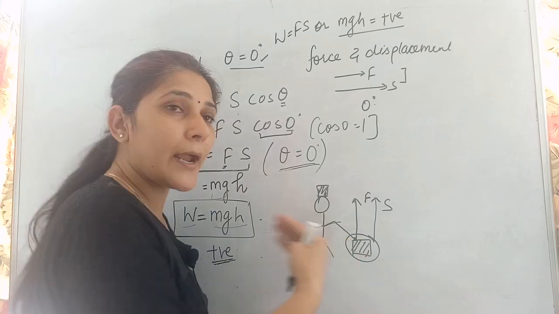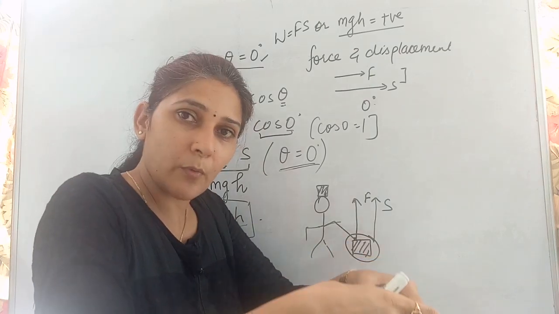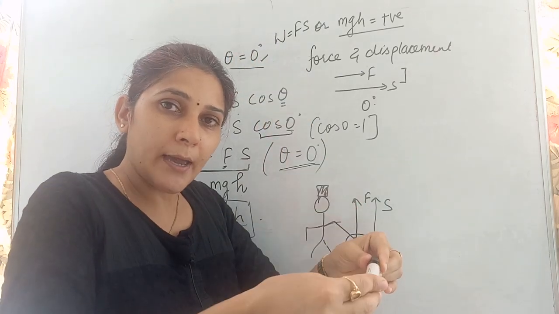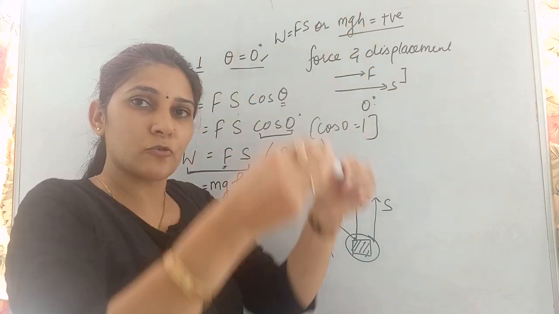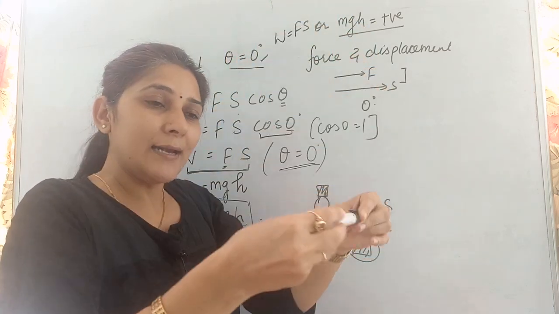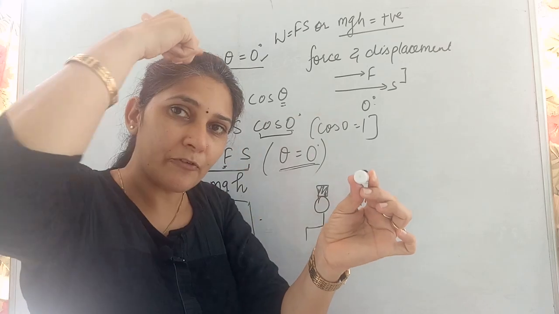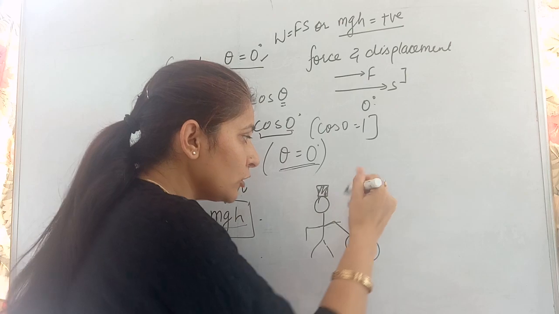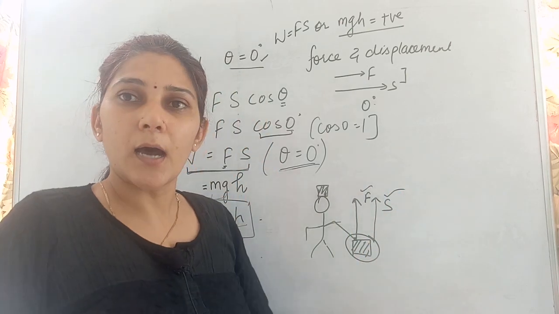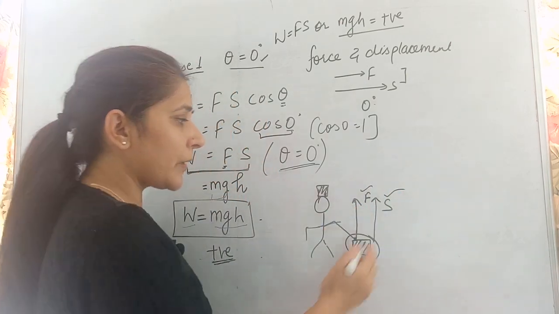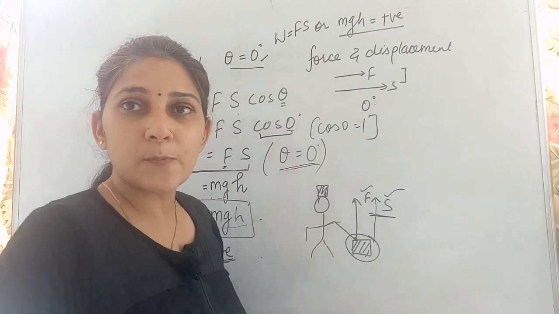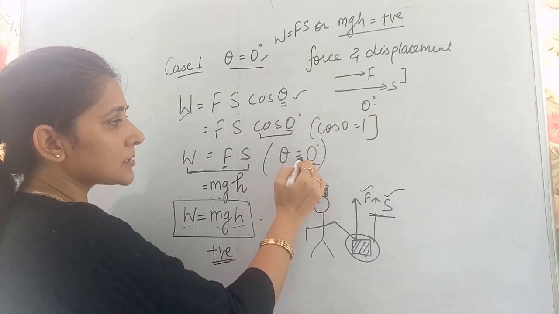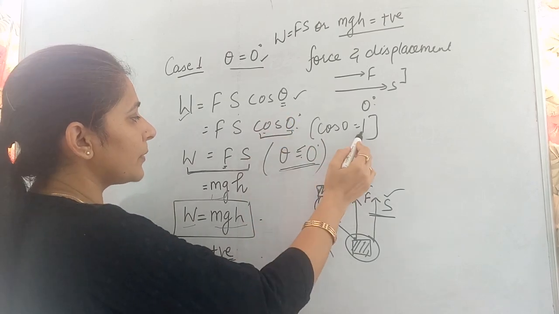Here the force is applied by my hands because I want to pick up the box and keep it on my head. So if I want to pick up something and keep it on my head, I need to apply force in upward direction. And this object, whatever I want to lift on my head, shows displacement in upward direction. So both force and displacement are in upward direction. So again the theta between force and displacement will be 0. The same case starts from here. The theta will be 0. If theta is 0, cos 0 will be equal to 1.